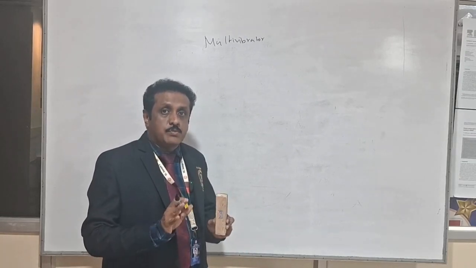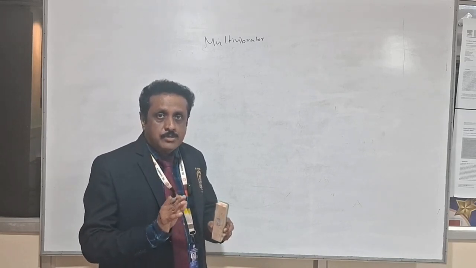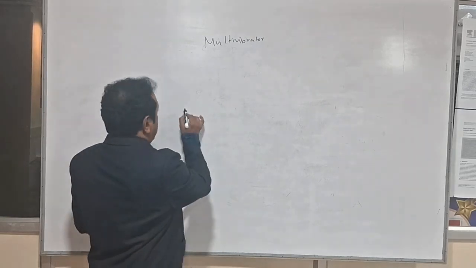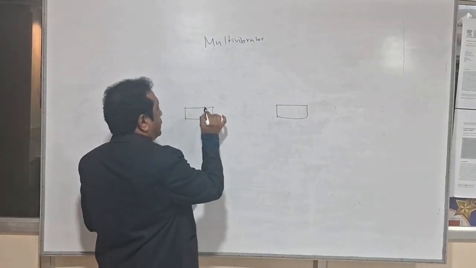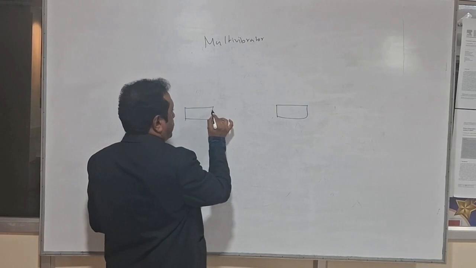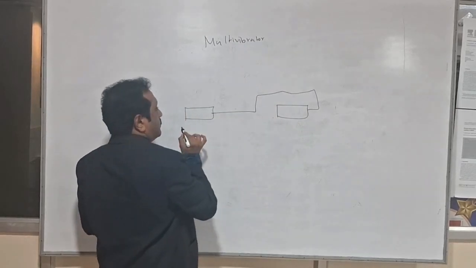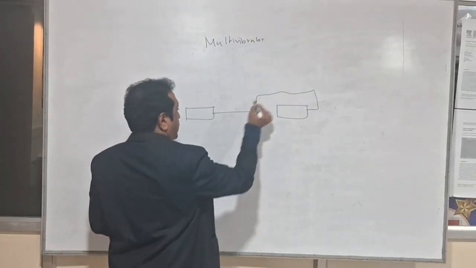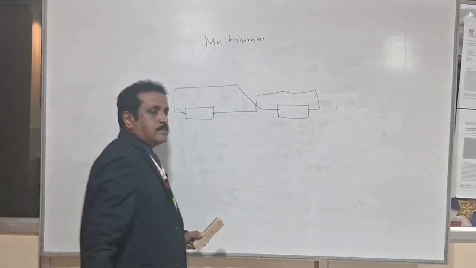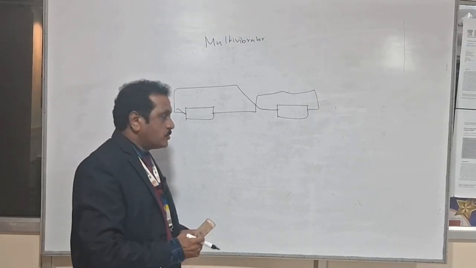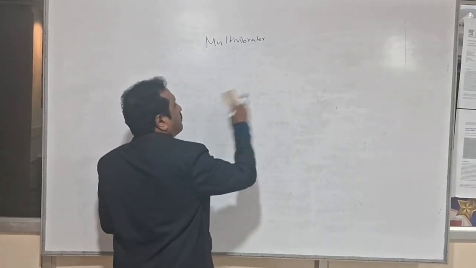It's a two-stage switching device, a switching amplifier. It is a cross-coupled switching amplifier. So we have two CE switching devices, and the output of the first one will be given to the input of the second one, and the output of the second one will be given to the input of the first one. So it's a cross-coupled switching device. Here we are going to utilize the switching characteristic of the BJT,